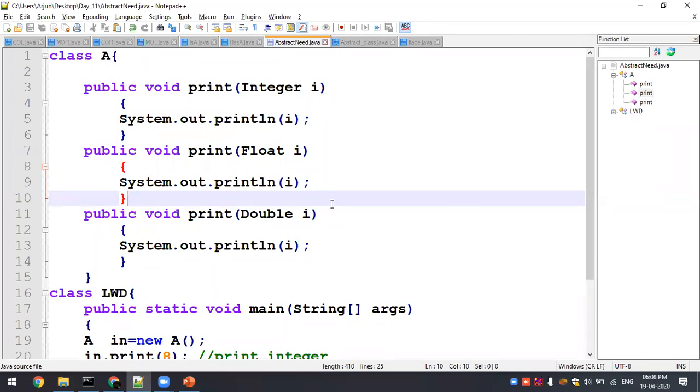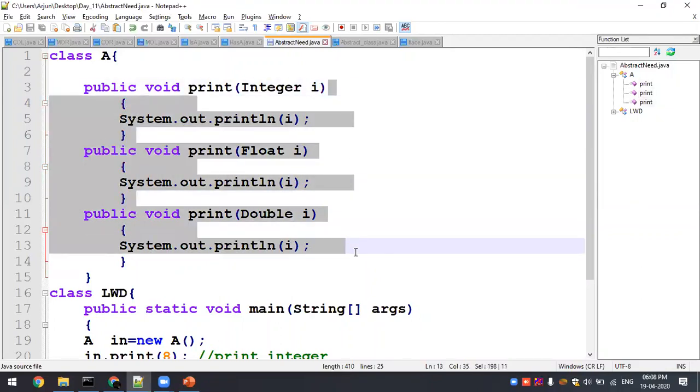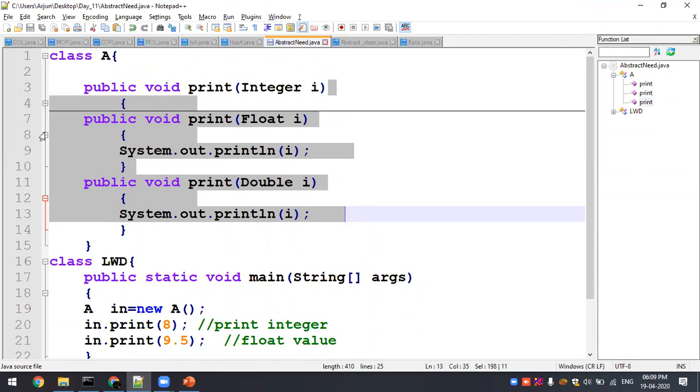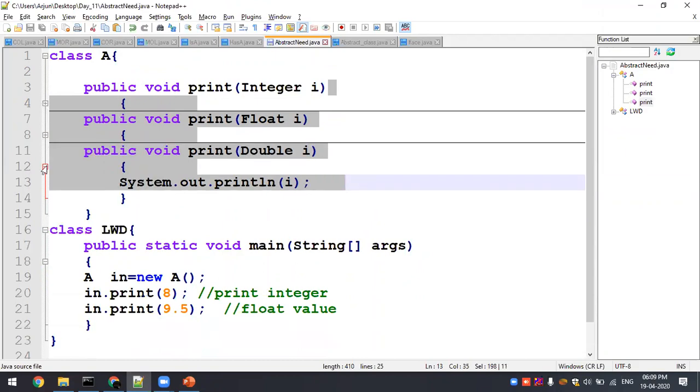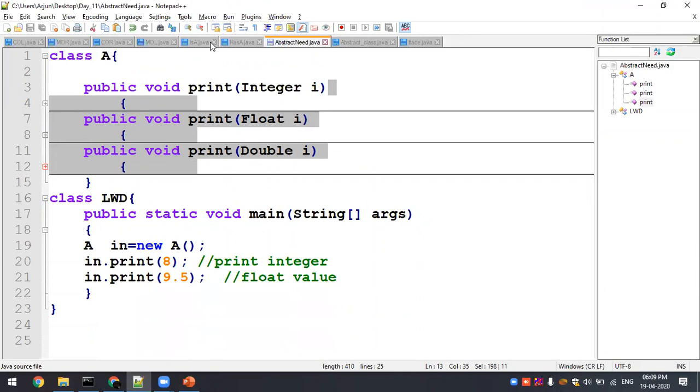So this is only a simple task, right? I don't want this many types for different arguments. Integer, float, double, all these come under the category of number, right? I just want to print a number, whether it is an integer, a float, or a double. I don't want to use this many lines. So instead of writing print integer, print double, and print float, I'm just making use of